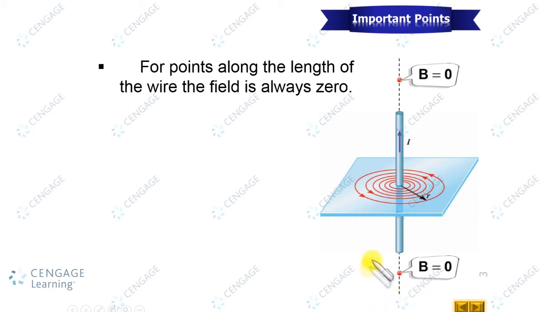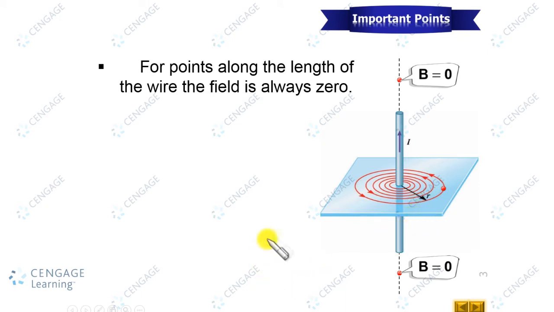And if we are interested to calculate the magnetic field on a plane which is perpendicular to the current carrying wire, suppose at this point, the magnetic field lines are concentric circles in this case, like this, and the direction of the magnetic field line is found out by the right hand thumb rule. That means if we extend our right thumb in the direction of the current, the curling of the fingers will represent the direction of the magnetic field lines. So magnetic field lines here will be concentric circles.